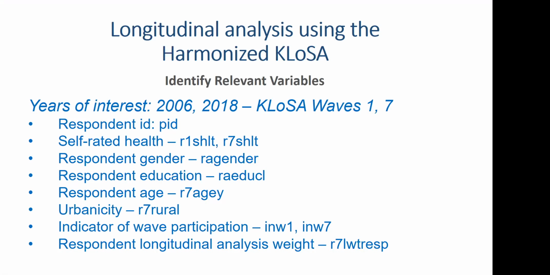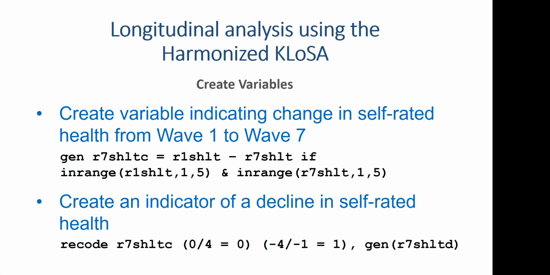And we'll be using gender and harmonized education levels again. We'll also be adding the respondent's age in wave 7, called R7AGEY, and an indicator of living in an urban or rural location called R7RURAL. We'll also be using a person-level longitudinal weight called R7LWEIGHTRESP. So I've already brought in all the variables we needed for this analysis, so we can go ahead and start